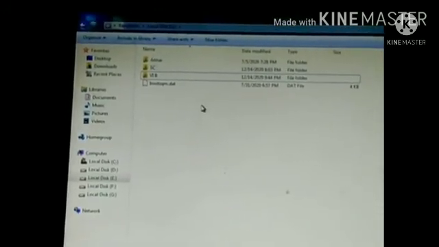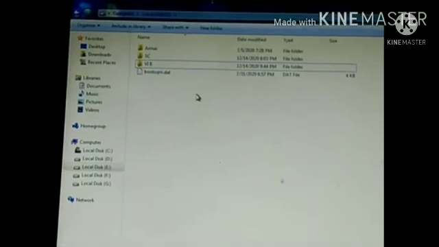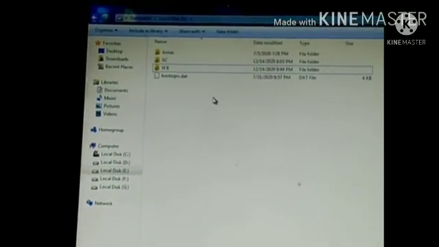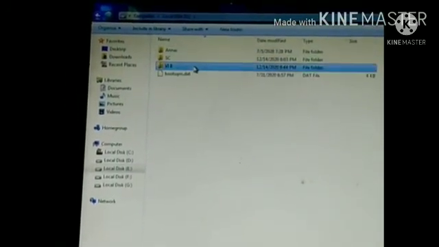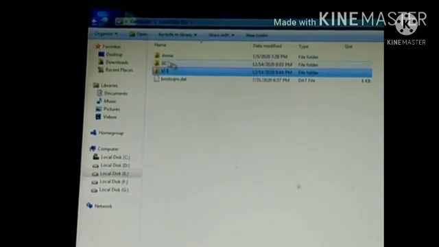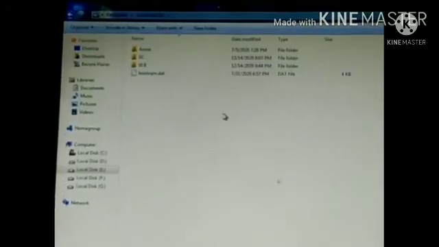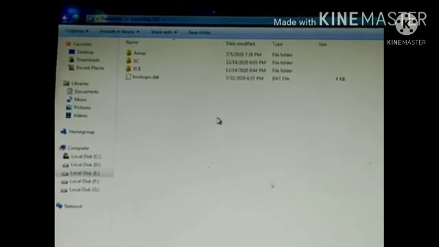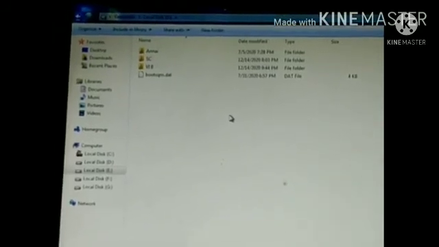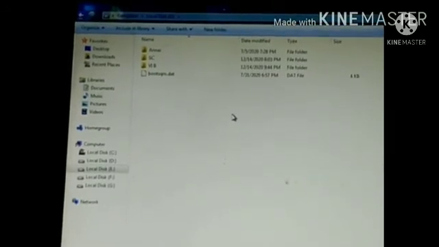Now how can you copy a file or folder to different location? Select the folder you want to copy. Click on edit menu or organize menu. Select the option copy. Now the folder gets copied onto the clipboard. Then select different location where the copied folder has to be placed.